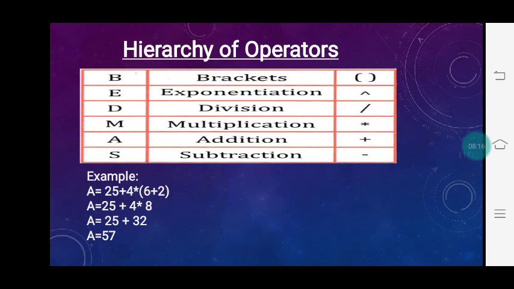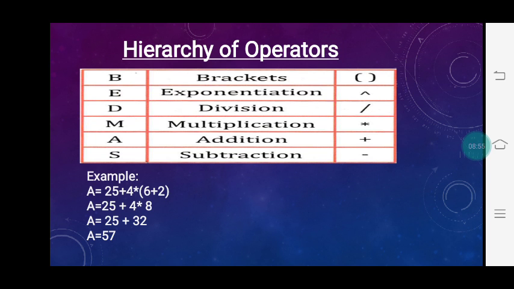Now hierarchy of operators. Hierarchy means what? Priority of operators. We have studied in mathematics that when there are multiple operators in a single expression, the operators are executed according to the priority of the operators. So similarly in QBasic also, there is a priority of the operators for mathematical expressions. We use the rule of BEDMAS for the hierarchy of operations. This is nothing but the precedence of operators.